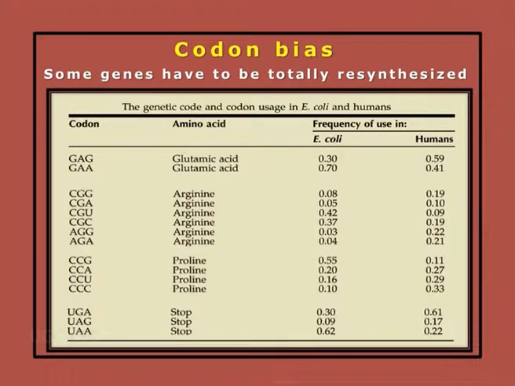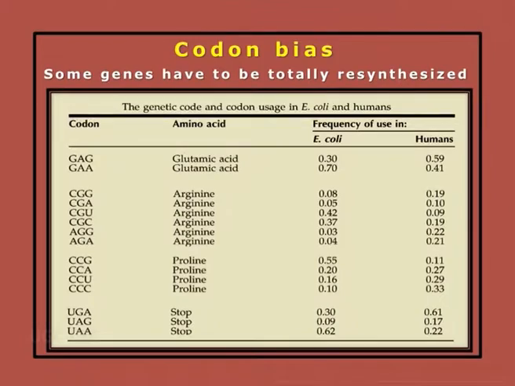Next, we are coming to codon bias. This is very important, as we all know that a particular amino acid is coded by more than one codon, and each host has a bias towards particular codons. Why? Because the host may not have a particular tRNA bearing the anticodon that matches the gene. Under such circumstances, we have to take care of codon bias when the gene we are trying to express is in a host which is not its own.